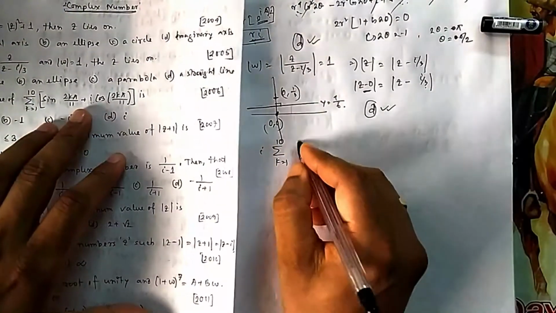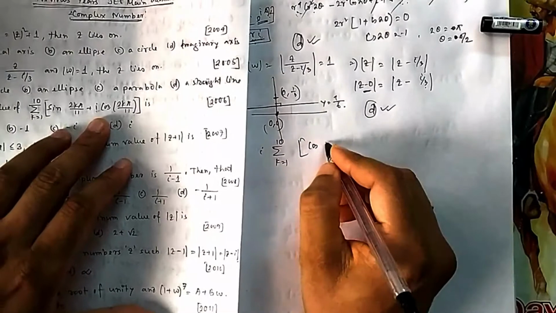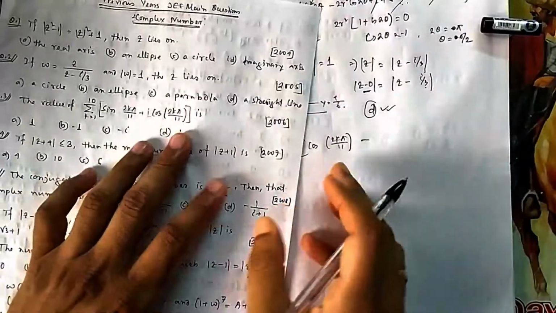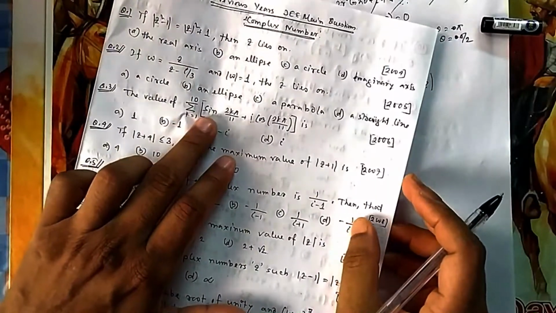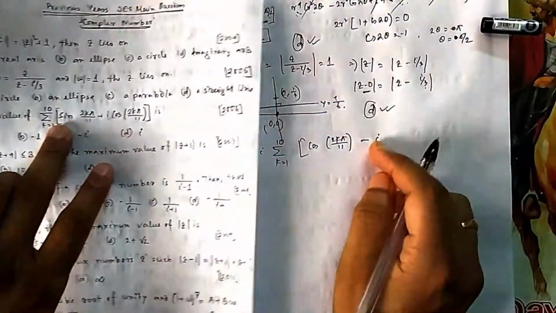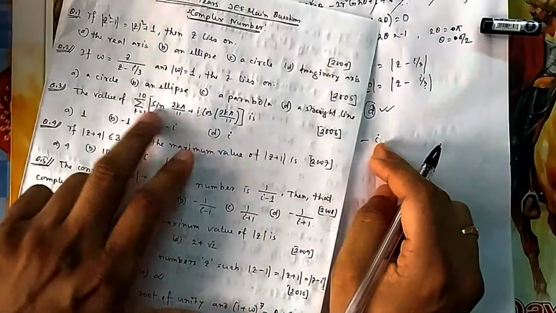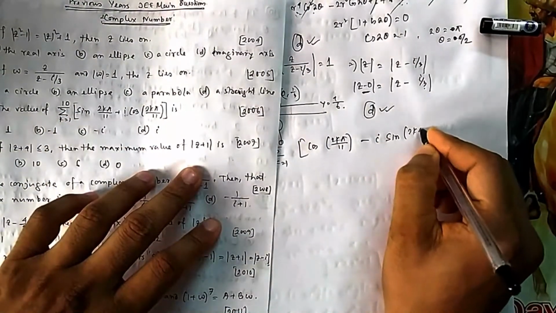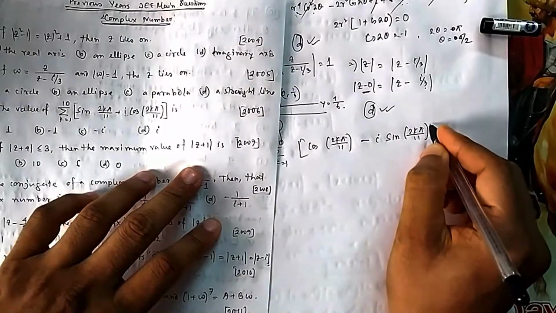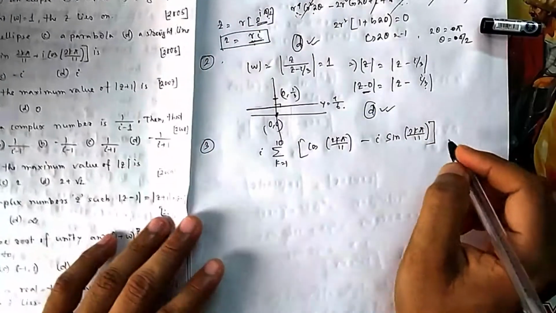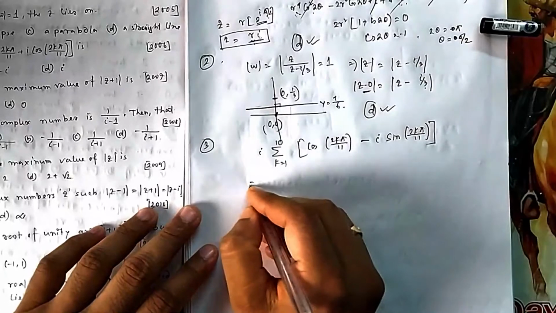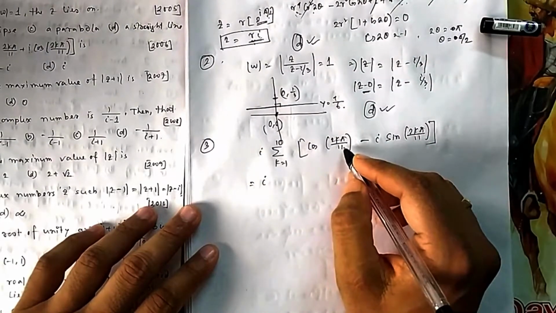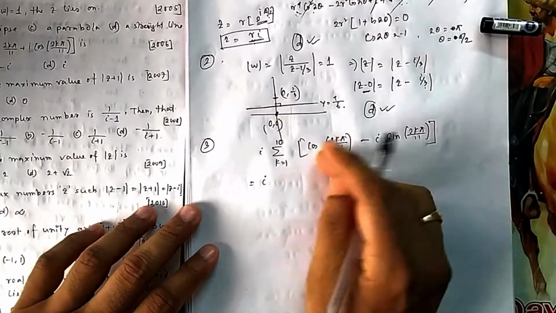So it will be cos 2k pi by 11. Then if you take i common from this one, it will be minus i, because then only when you multiply i square, that will give you a plus sign. That is sin 2k pi by 11. Okay, so this is the series now. So this series will look like, you can think of it as cis minus 2k pi by 11.